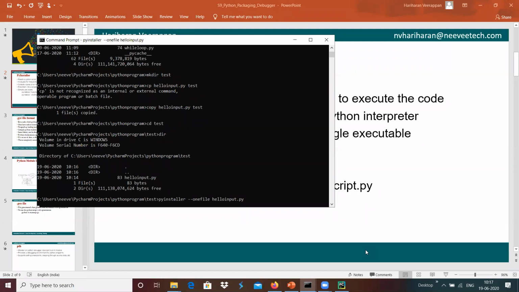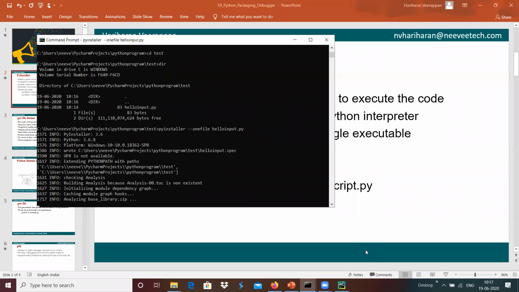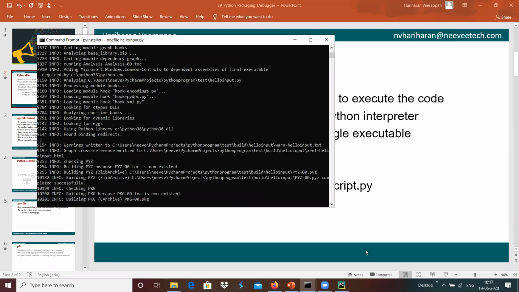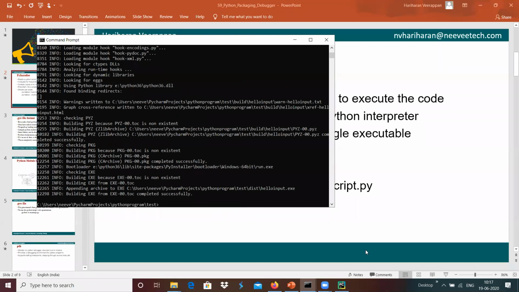This converts everything, the Python interpreter, the dependency libraries, and the program, into a single file, and we can see that the file is created inside test dist hello input.exe.